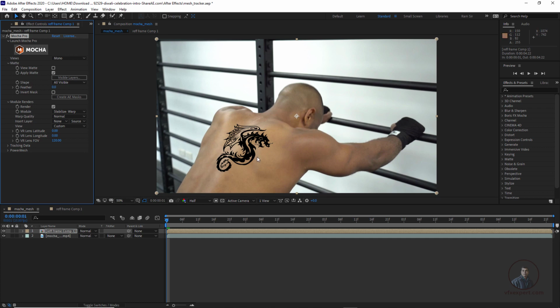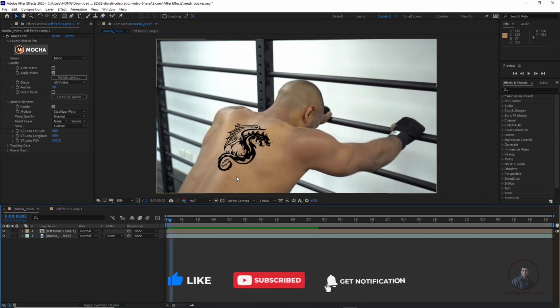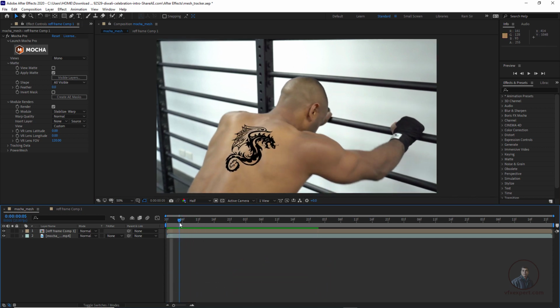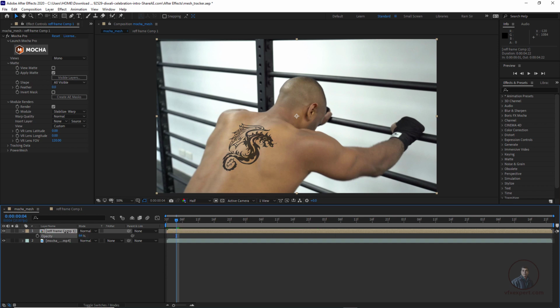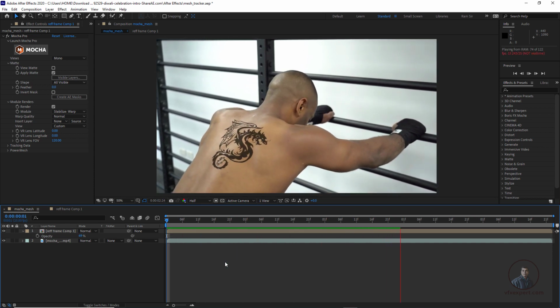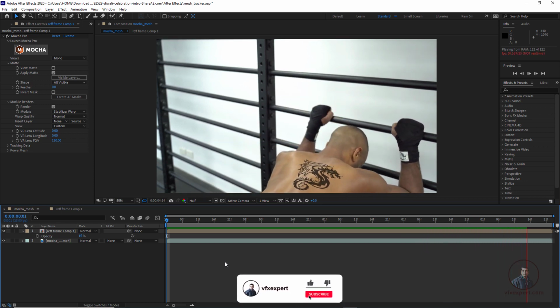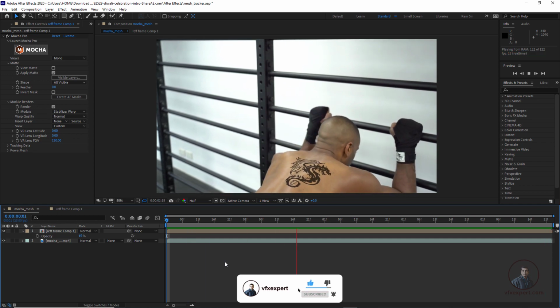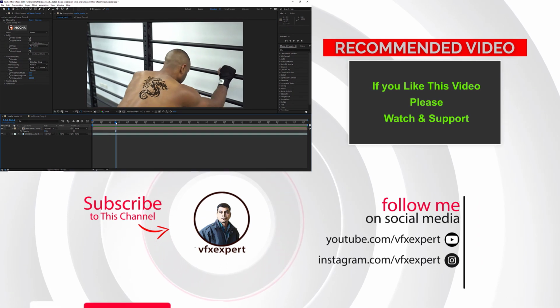Now just play and check here. We have to adjust a little bit, maybe some opacity, all these things. Suppose if you want, you can also apply a blending mode, whatever you want you can change, but a little bit, press T for opacity and you can adjust. I think this is looking good. Now you can see this is totally looking good. Like this you can place many tattoos in other positions also.